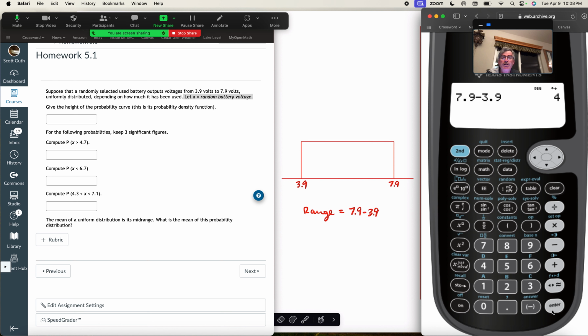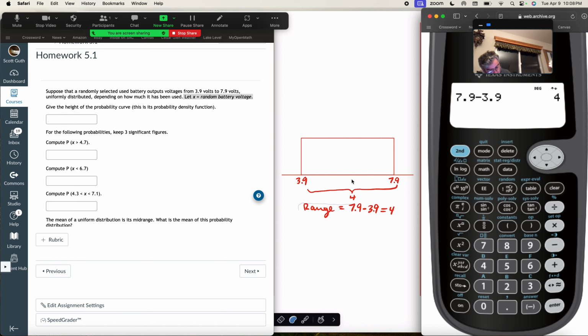And so the range is 4, and so the probability curve here would have to have a height of the reciprocal of that. So this is 4. Okay, and this would be 1/4